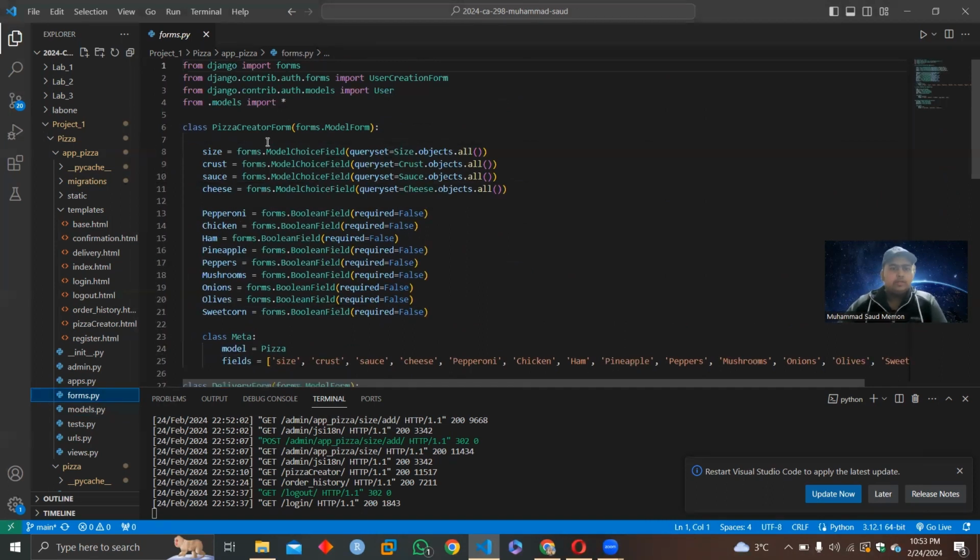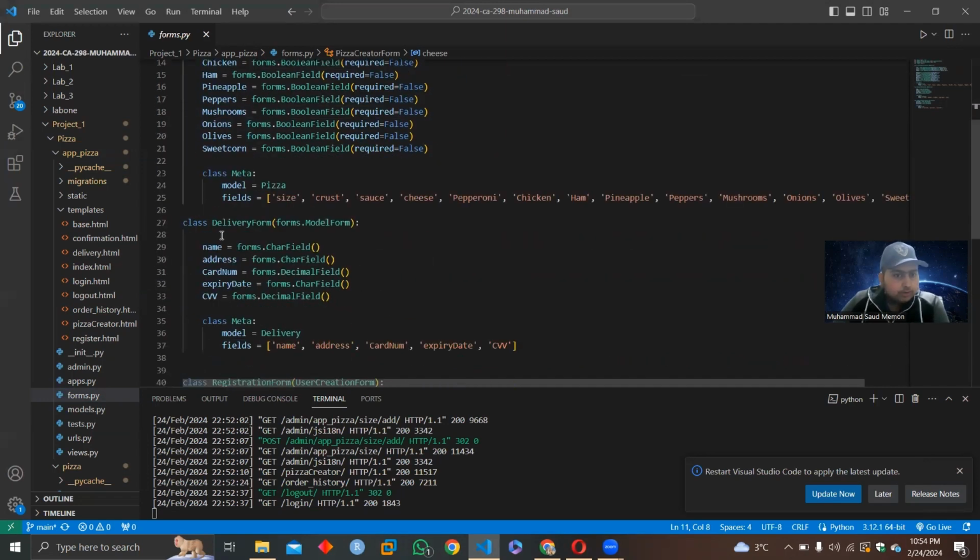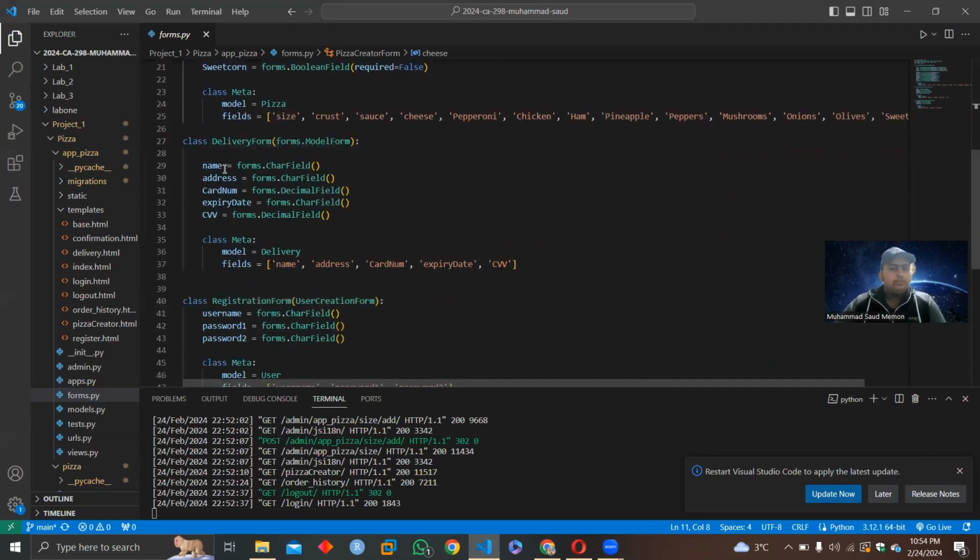First is the pizza creator form, which was on the pizza creator page, where we created the pizza. These four were the drop-down menus, where you can select from the database, from the admin page. And these are all the Boolean fields which you can check mark. And for the delivery form, this is where we can write our name, address, card number, expiry date, CVV,